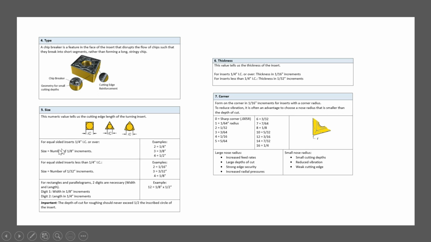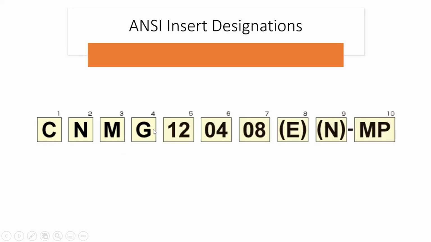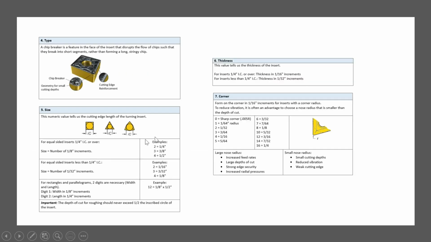For an equal sided insert of 1/4 inch inscribed circle or over, the size is equal to the number of 1/8 inch increments. For example, for 2 it is 1/4, for 3 it is 3/8, and for 4 it is 1/2. In the example we have the value 12.